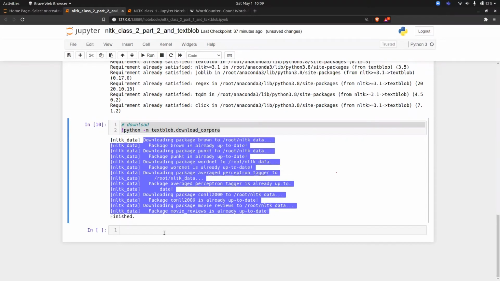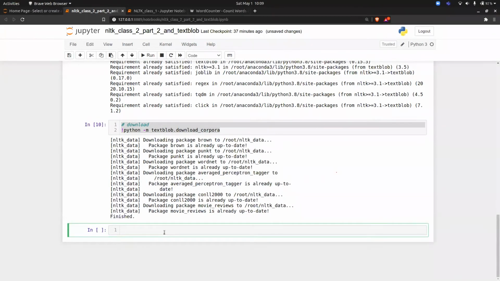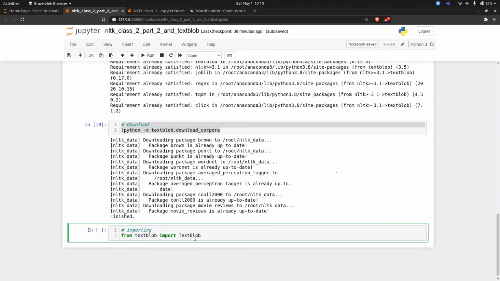So the first thing, of course, is to import TextBlob. So importing: from textblob import TextBlob. Please note that in the first textblob the T and B are small, and in import TextBlob the T and B are capital. Try to maintain this, otherwise it will throw an error.